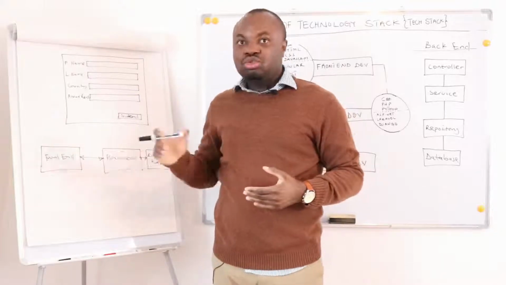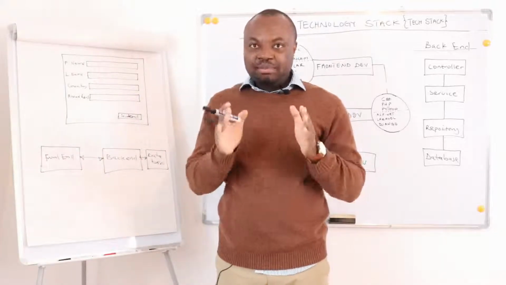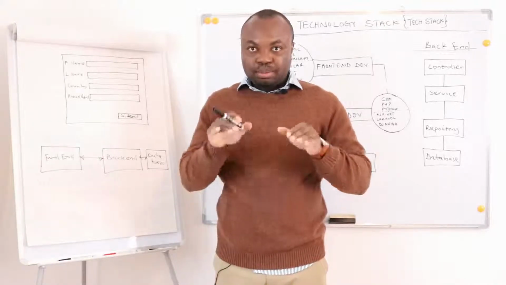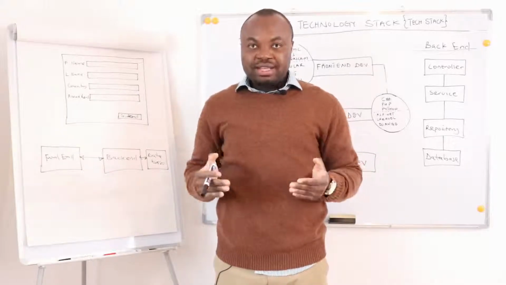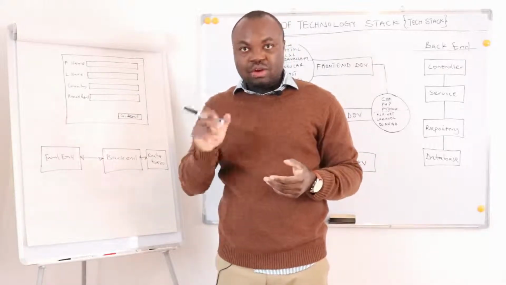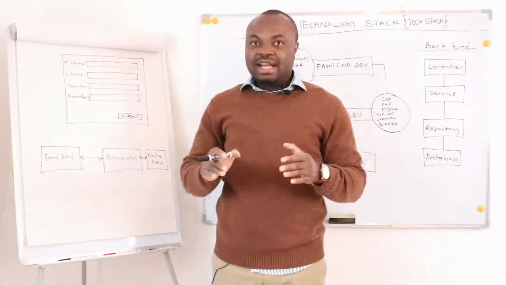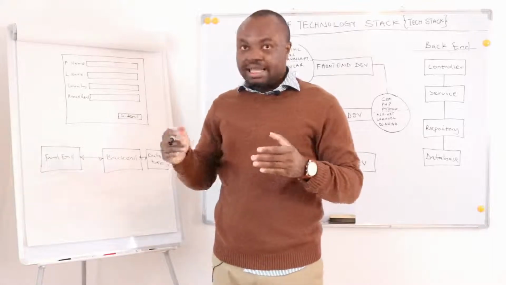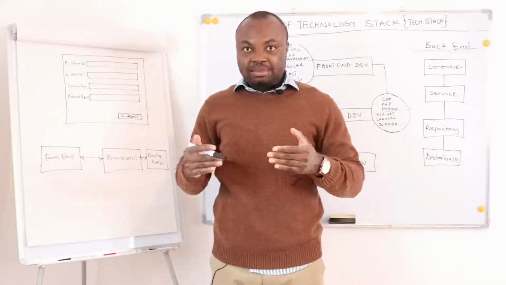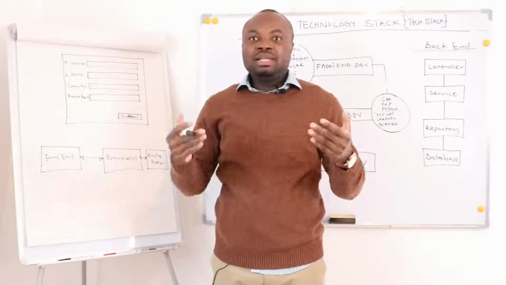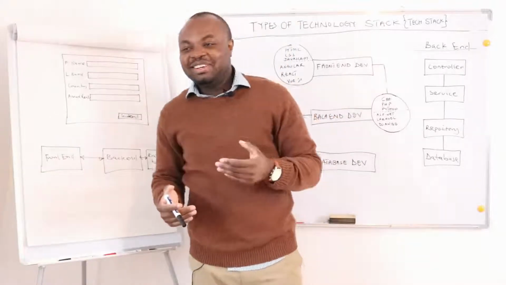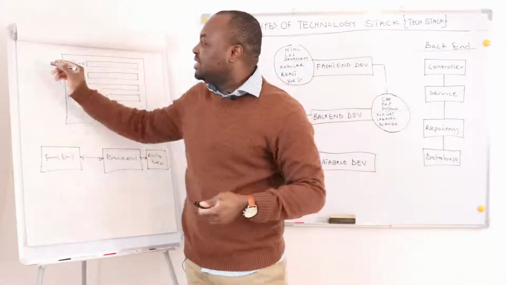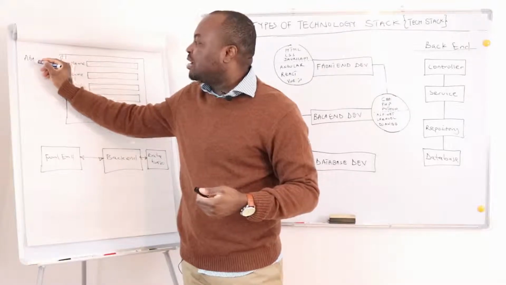You are building software to support the business, and every business has rules that the business plays by. That is what we call the business rule or business logic. Let me give you an example of a business rule. Say you have an airplane company. Let me not call a name before somebody sues me, so let's just use ABC. This is an airplane company, ABC.